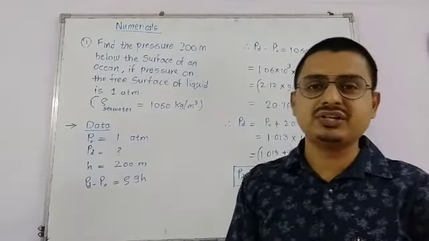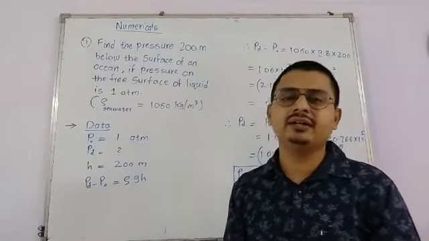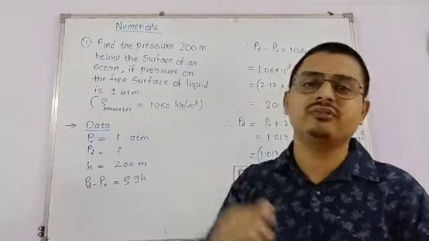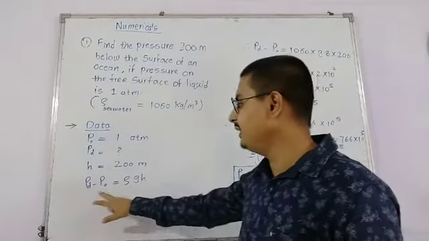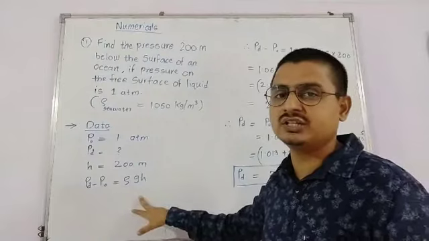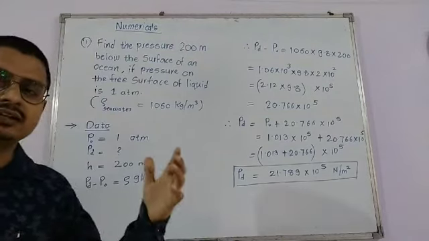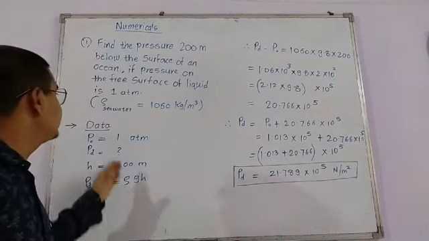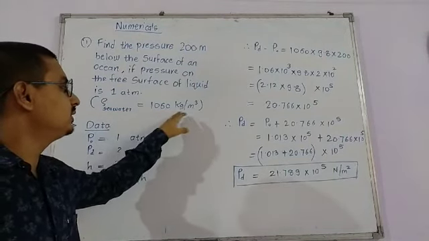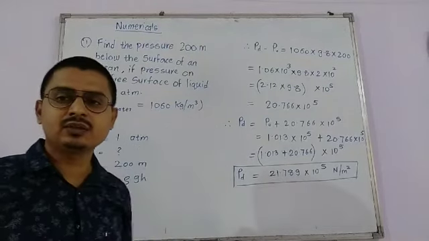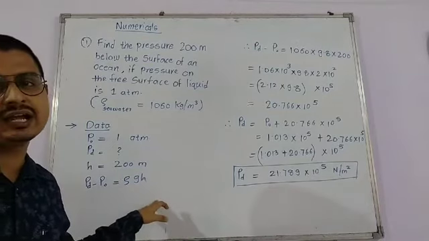Now the difference in the pressure, that is PD minus P0, because the pressure at the depth will be greater as compared to the pressure on the top surface of the liquid. और ये जो difference है, the difference in the pressure will be PD minus P0 equal to rho g h. That is the product of density, gravitational acceleration and the depth of the liquid. Now the density of sea water, because it is an ocean, is given as 1060 kg per meter cube. So all three data, density, gravitational acceleration and height, we know.